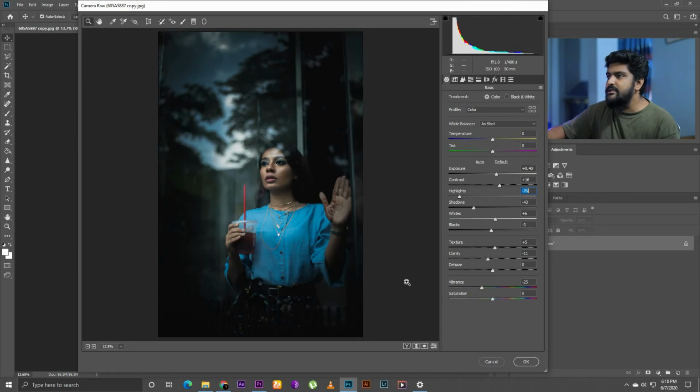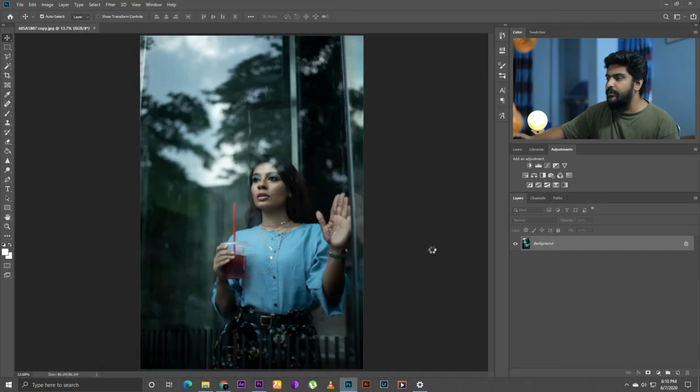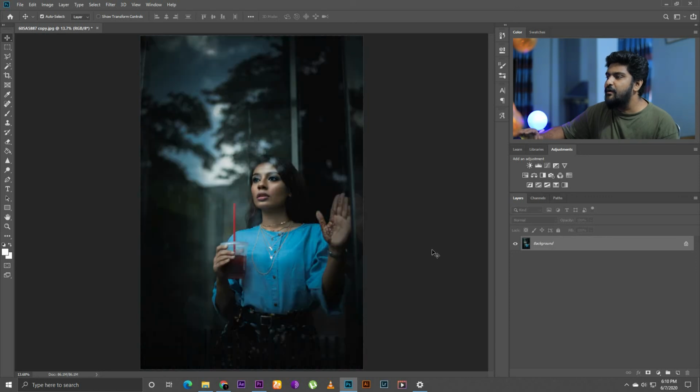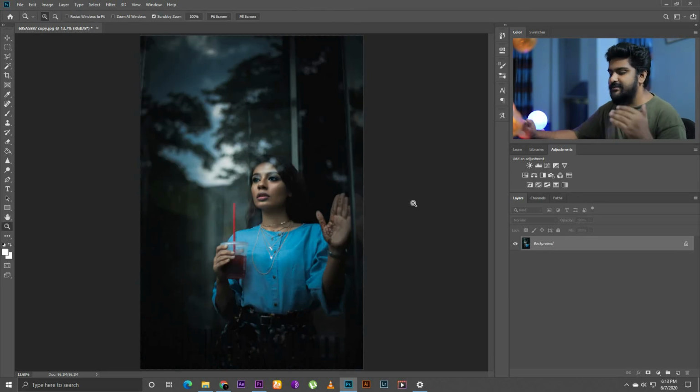So after all that, if you're satisfied with your result, just click OK. And we're gonna see, and voila. Well, you can see the changes here right now. Well, this is the before and this is the after. So after we're done with all these things, now, well, something looks missing to me, and that is, well, the